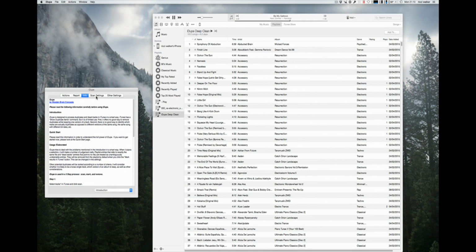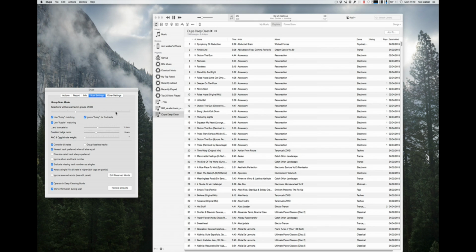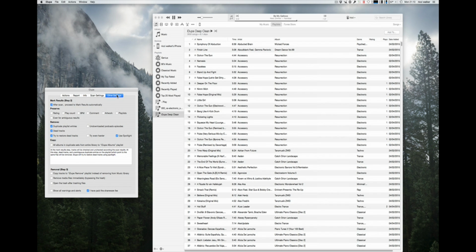Then you've got your scan settings. These are, I have to say, pretty good as a default. You can fine tune them, and the information does help you to fine tune them a tad more, which is quite good. And you can use a lot of its functions to modify and change the way it's going to look at your